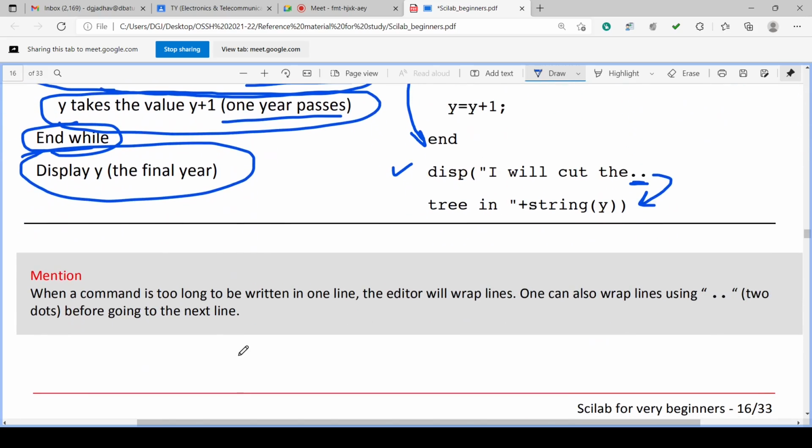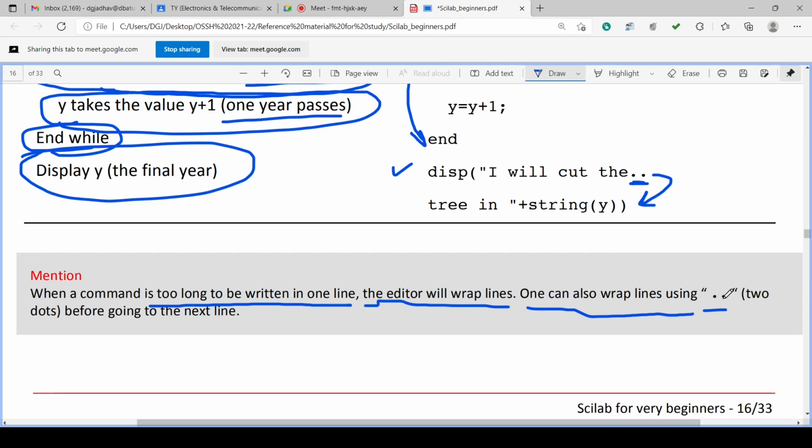When a command is too long to be written on one line, the editor will wrap the lines. One can also wrap lines using these two dots. The editor automatically wraps and creates two dots.